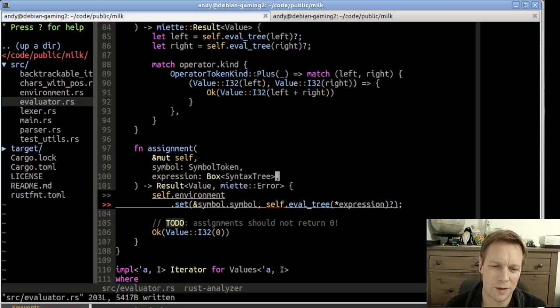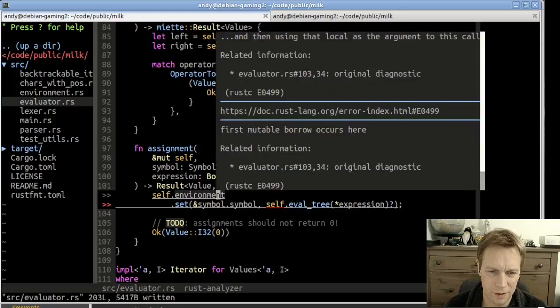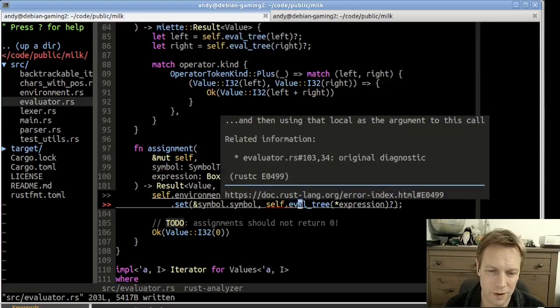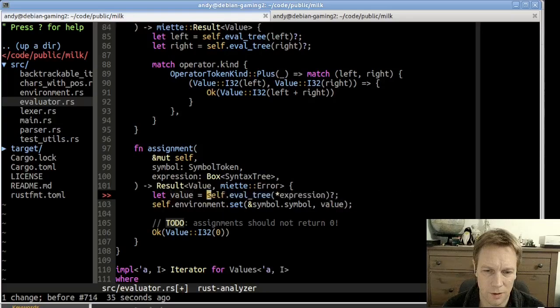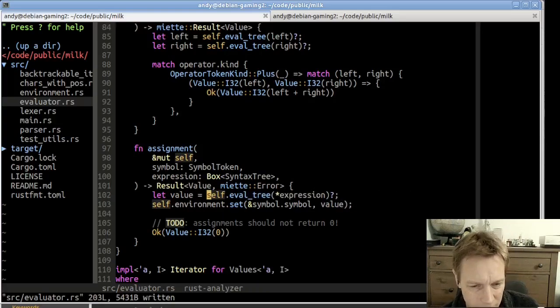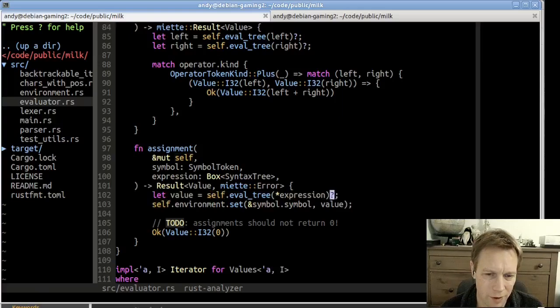Okay, so it was simpler than what I was saying. Both self.environment.set and self.eval tree borrow self mutably. So the compiler gets sad about that, but it's okay. In this case, it's nice and simple. We don't actually need to do those things simultaneously. We can just evaluate the expression first, and then do the environment set,